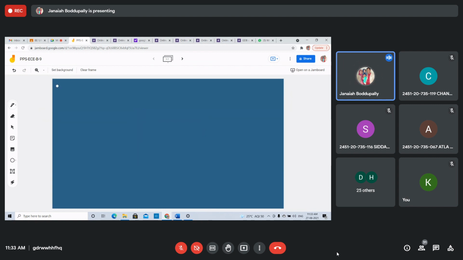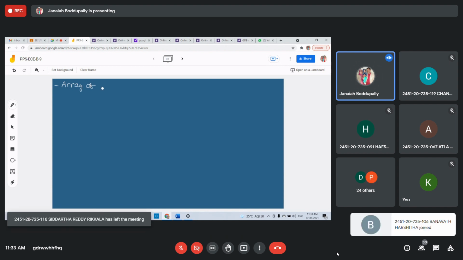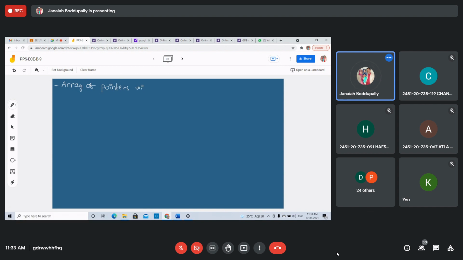An array of pointers will hold the collection of addresses.